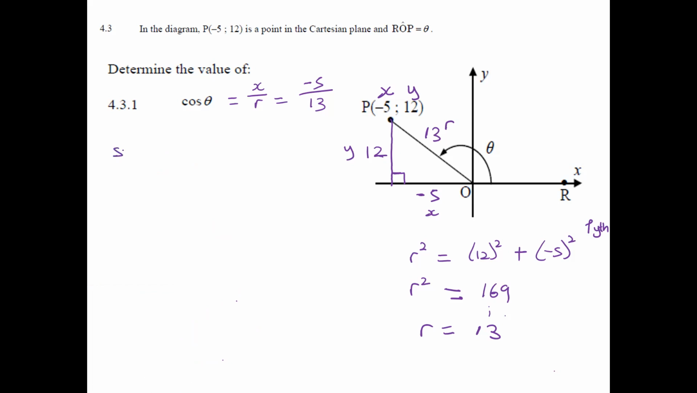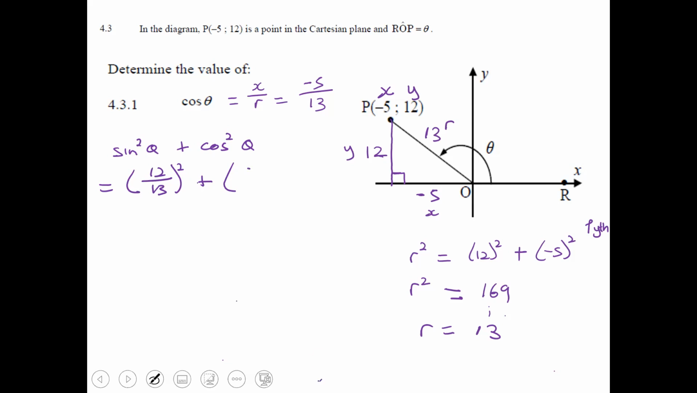How would we work out sine squared theta plus cos squared theta? I know maybe you've done this in your class, that sine squared plus cos squared is actually 1. It's a formula, but now we want to show it from the diagram. So if we go to the diagram, sine is y over r. So you're going to get 12 over 13 all squared, plus your cos value there is x over r, which is negative. So that's negative 5